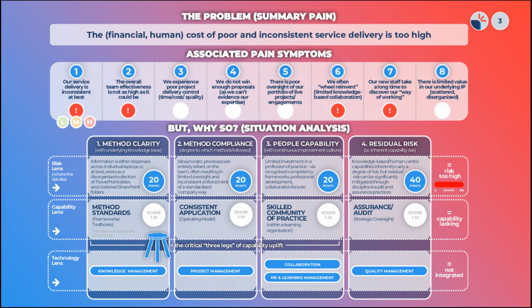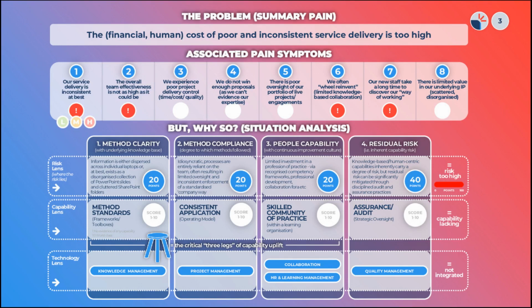Now, the typical pain symptoms. For any industry or any client I speak to, the ones highlighted in red are the most common ones that most people feel, which is recognizing that the way we do things is not consistent. It feels like teams are starting from scratch every time we do something. And the second point is, they find it very difficult to find the information they need on how to do things. They can't find the templates. They don't understand what the process is.